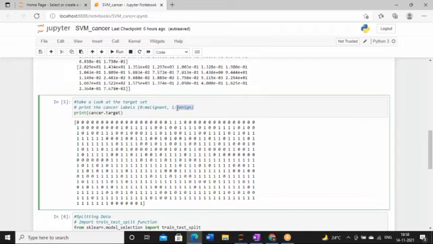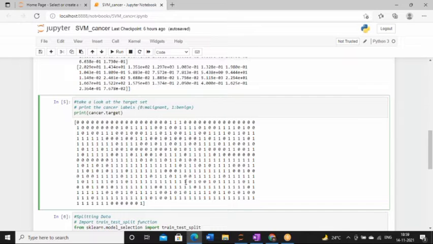This is not a rule. You can use malignant means 1 and benign means 0, but you have to mention it. So here the 0 and 1 display malignant and benign. This thing you have to keep in mind. Whenever you have any categorical data in class level, you have to convert it into 0-1 format for classification. Now come to the next part. So we have a pretty good idea about our data set: how many features we have, whether features are read correctly or not, how many target variables are there. So everything is clear to us.